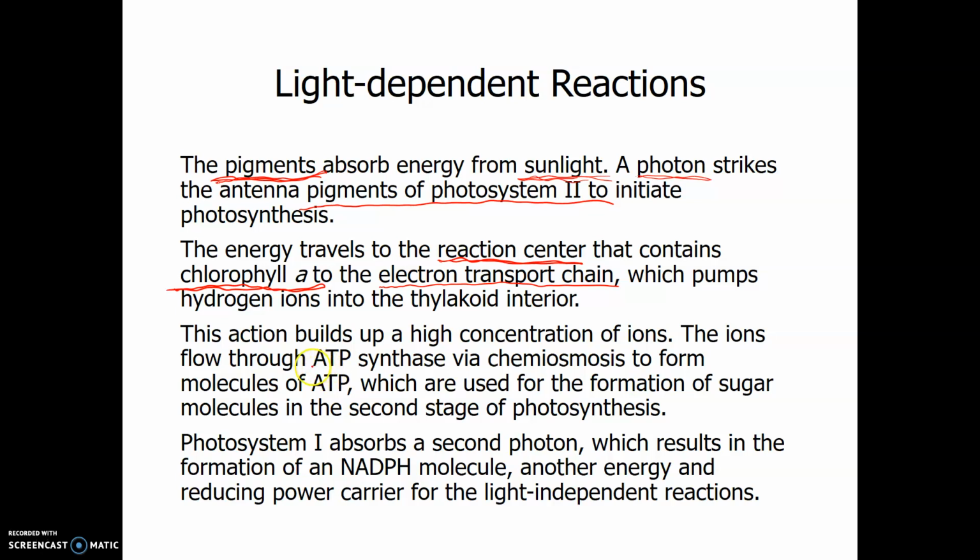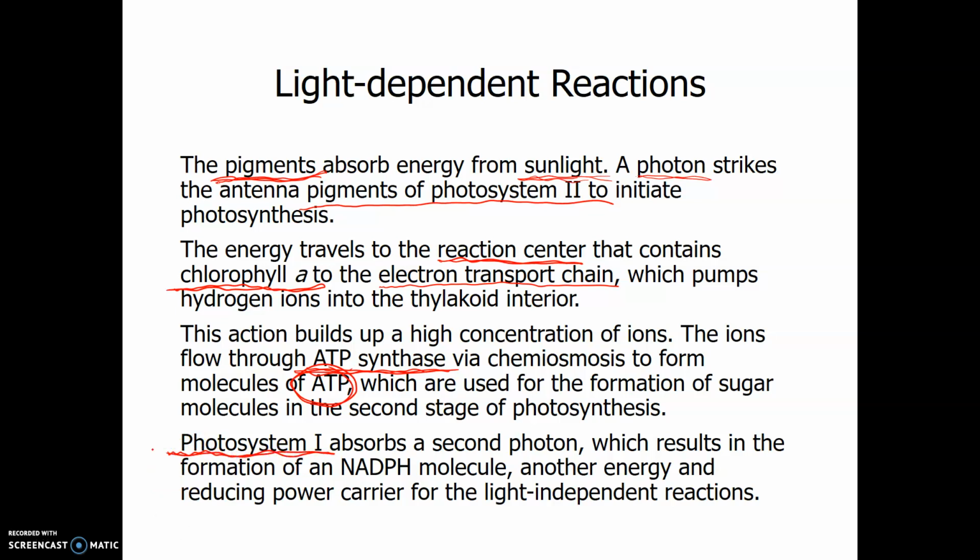The ATP synthase is located on the thylakoid membrane, and it is used to create ATP, except this time the ATP is going to be used to power the Calvin cycle reactions. And then the electron that was excited by the sunlight in photosystem 2 travels to photosystem 1,